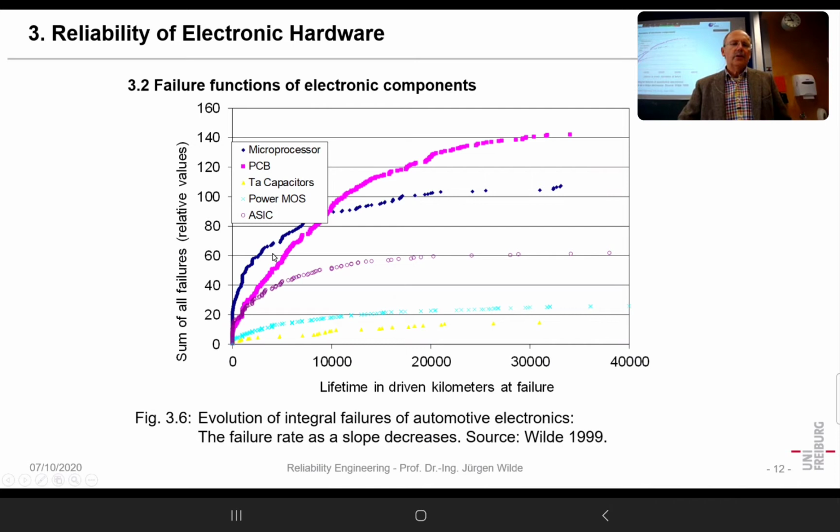You have a strong increase over maybe the first 10 to 20,000 kilometers. And then sometimes the increase, like for the yellow curve down here, is very low. And that means you do not have a constant rate of failure, but somehow the rate of failure will go down over time. And that's something which we will still